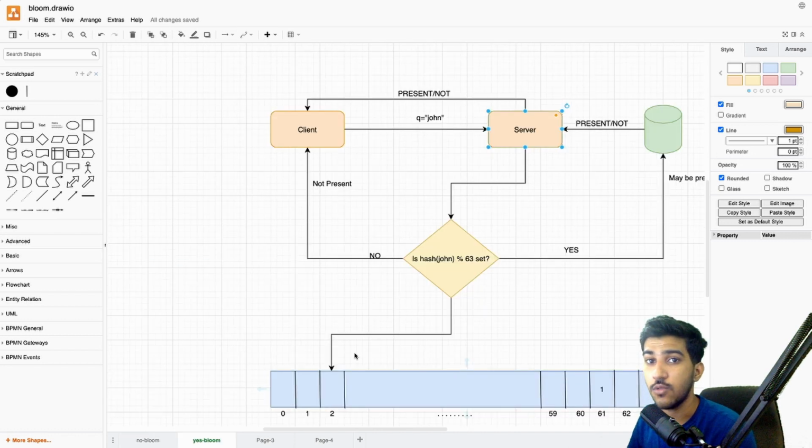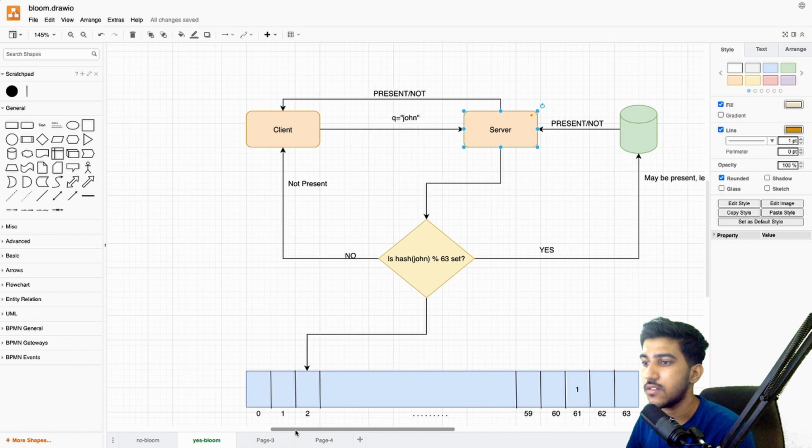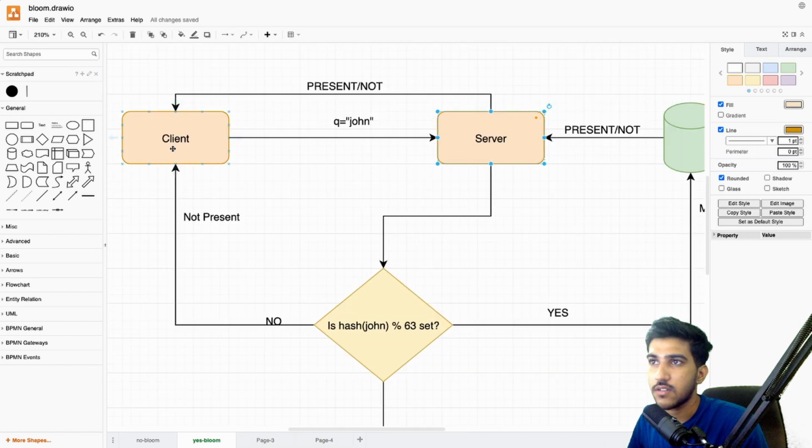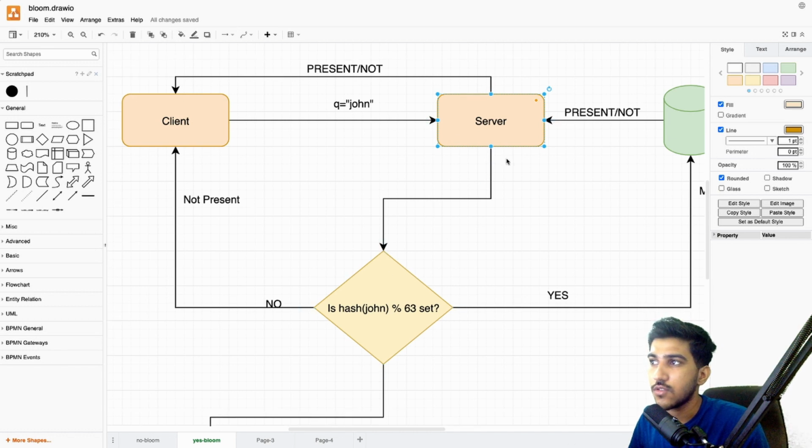So here's the case with the Bloom filter. So the client, let me resize this. The client similarly queries the server if there is someone with username John, and the server this time does not query the database immediately, but what it does is it queries the Bloom filter here. So what that does